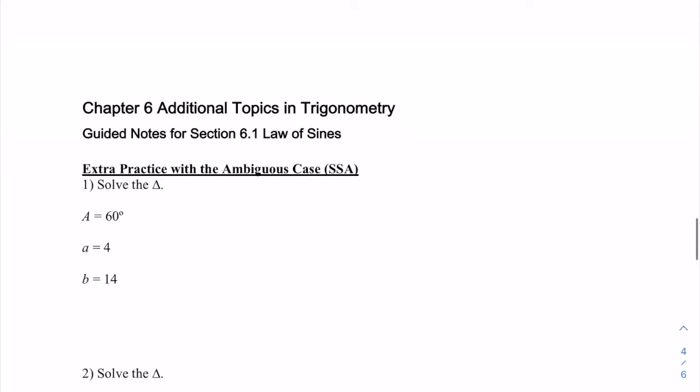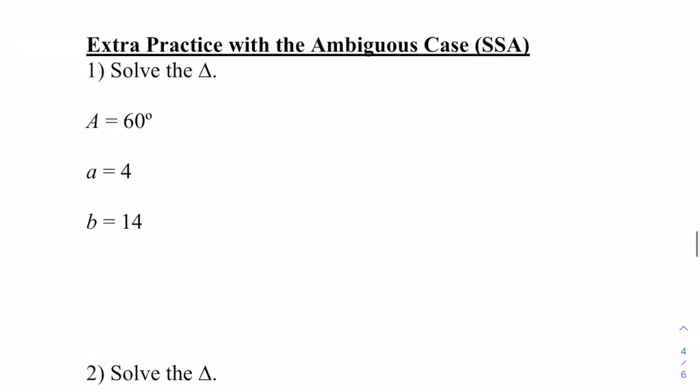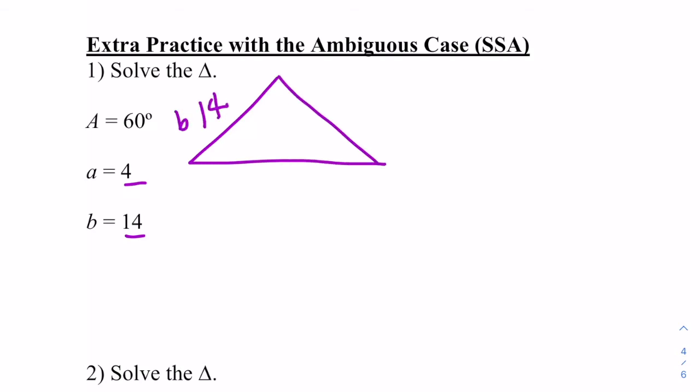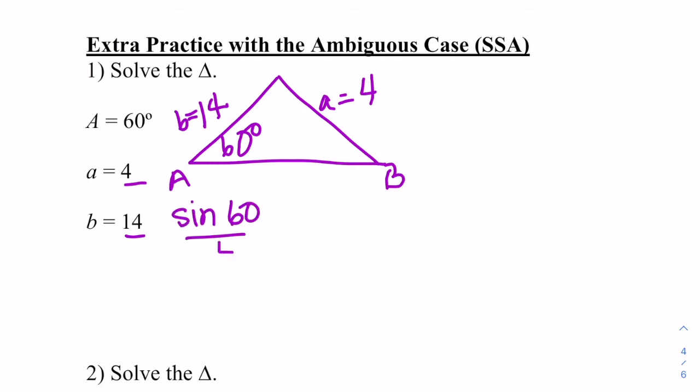Okay, let's consider more cases with SSA. So we're given the triangle ABC has sides 4 and 14. 14 for b, and our a equals 4. And our angle A is acute, that's 60. So if we set that up, we have sine of 60 over 4 equals sine of b over 14, we'll get sine of b equals about